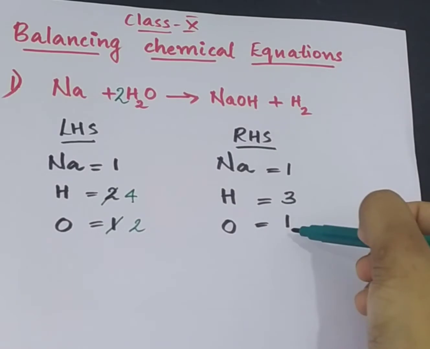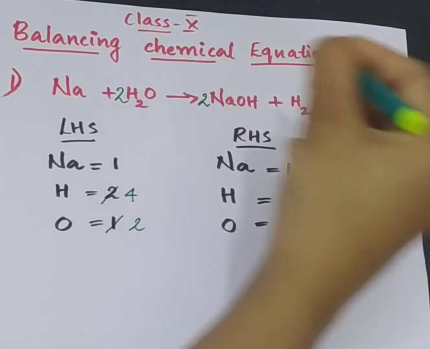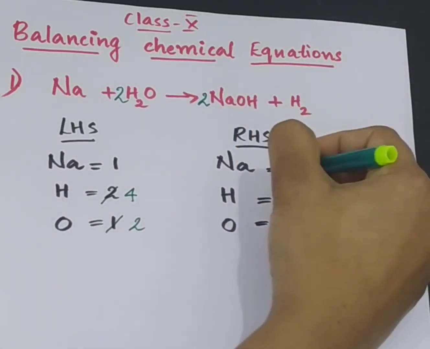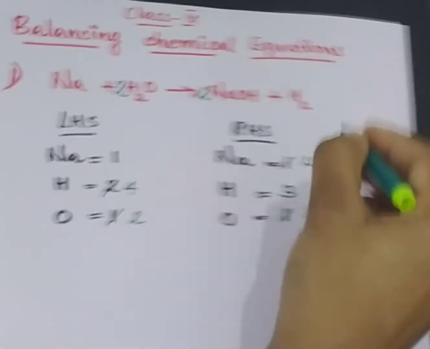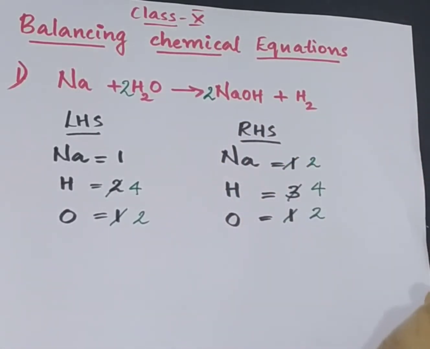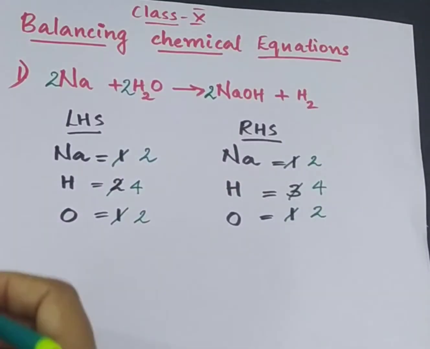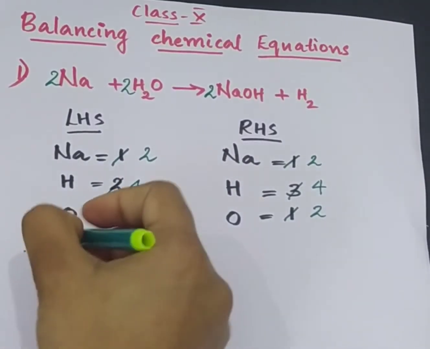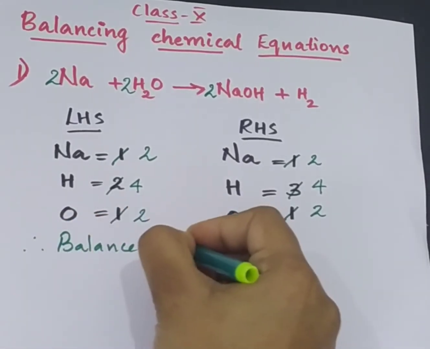Now here also we have to change. So we can put 2 for NaOH. So it becomes sodium becomes 2, oxygen becomes 2 and hydrogen becomes 2 plus 2 becomes 4. Now hydrogen and oxygen balanced, we have to balance sodium. If you put 2 there, sodium becomes 2. So everything is balanced. So the balanced equation is